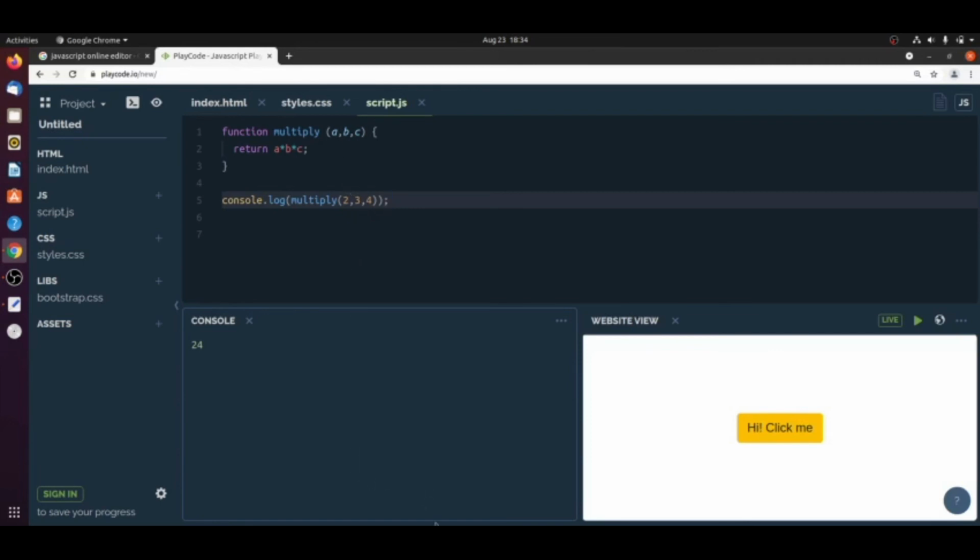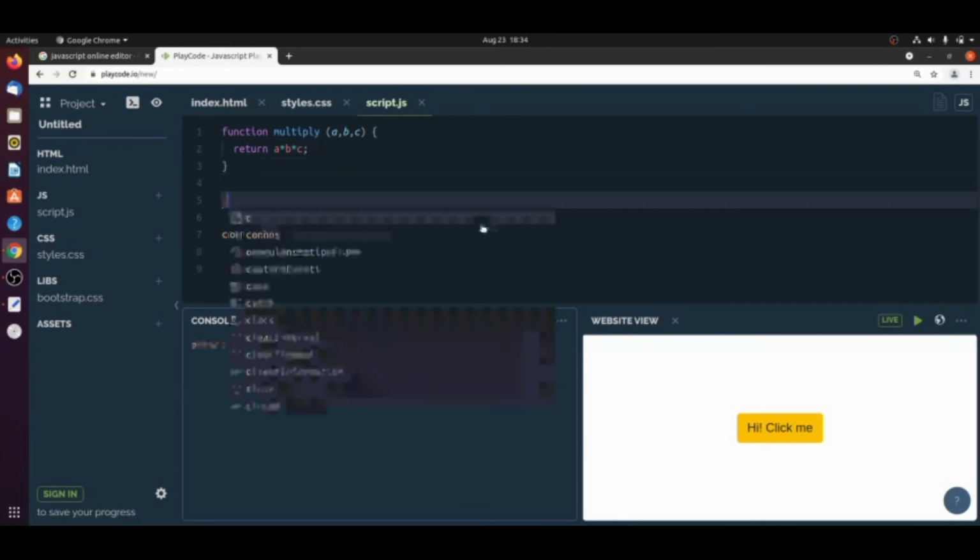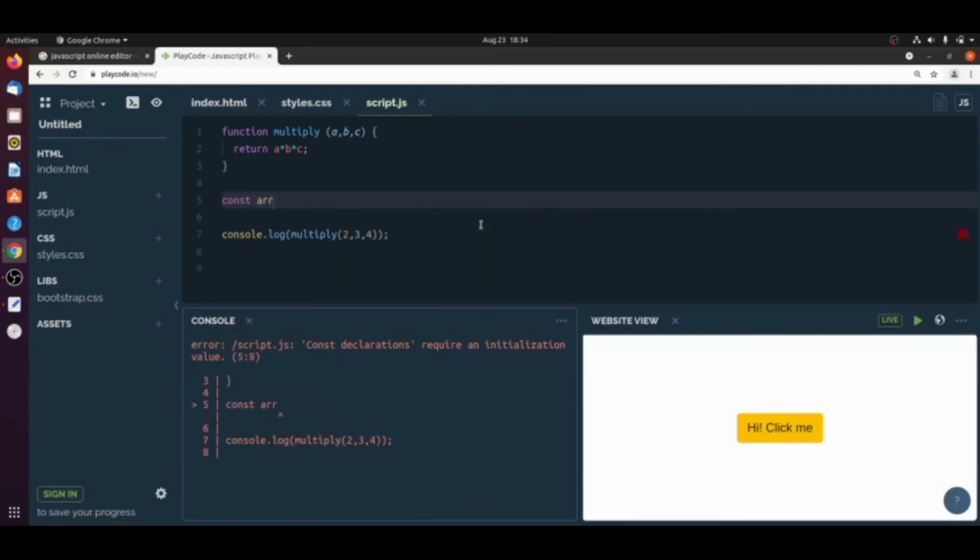Let's say we have one array, numbers, that is 2, 3 and 4.